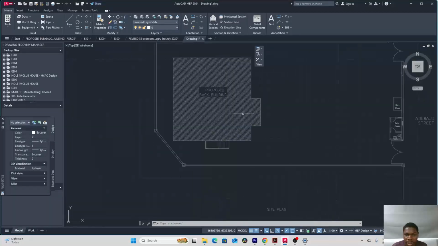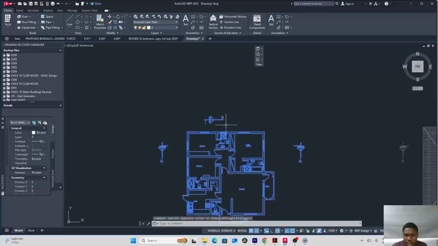So here is the proposed building that I'm focused on. I can now start working on it right away. See, I've been able to block it